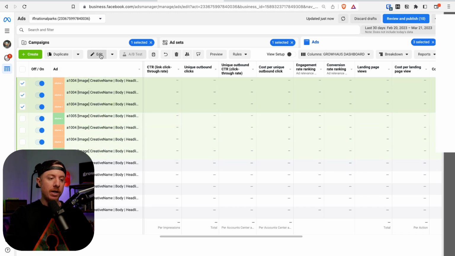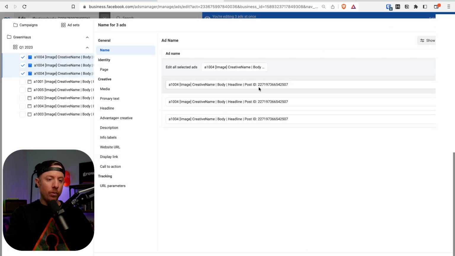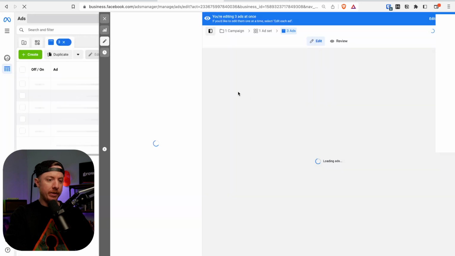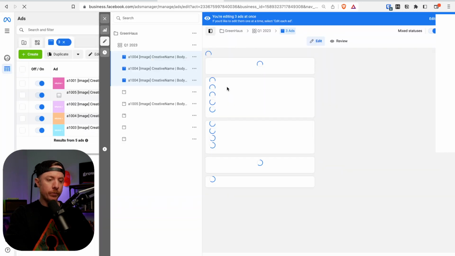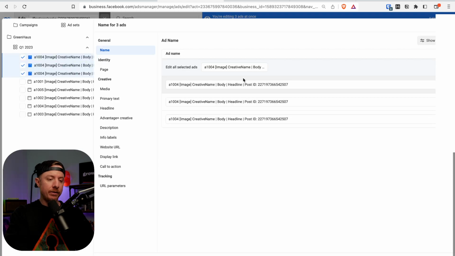All right. Now we're going to click on edit, top right, edit each ad set. Now we're going to remove the post IDs, so we can actually do that up top here. And these will be our different variations. Okay. So let me refresh my screen. It's bugging out over here. Edit each ad set. That didn't save. Okay, so once we remove that, now we're going to do 0.01,